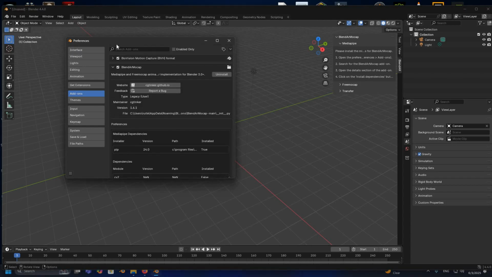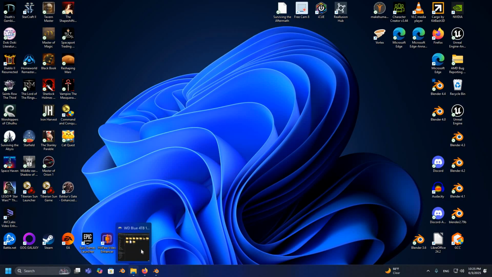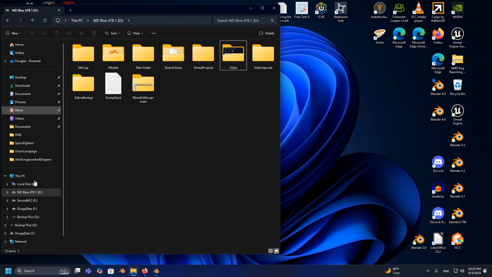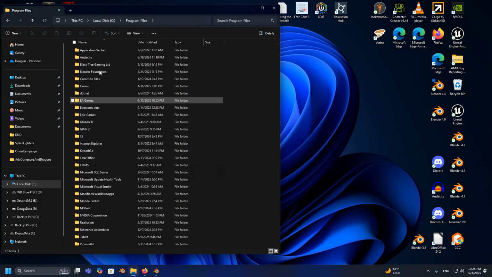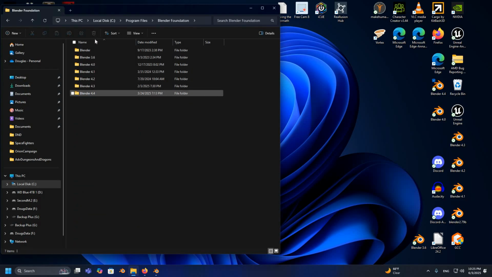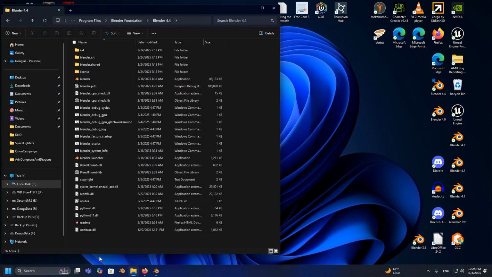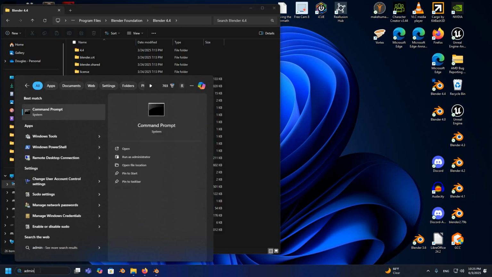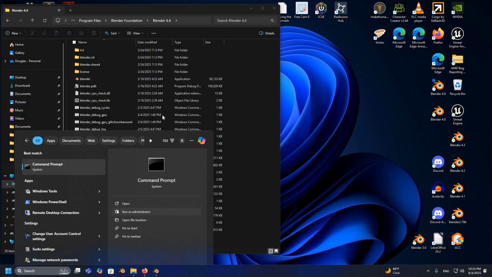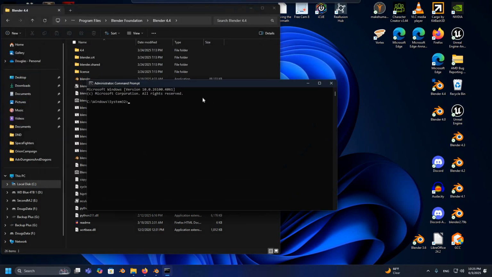What we're going to do is look for where Blender is located on my computer, and I'm going to show you how to do this the good old hard way. So let's go to local disk, and it's in, I forget, program files, yeah, program files. We're going to look over here. Then, shoot, how do we start admin? Command prompt, run as administrator. That may be what you need to do. Yes. Now this is dangerous, but